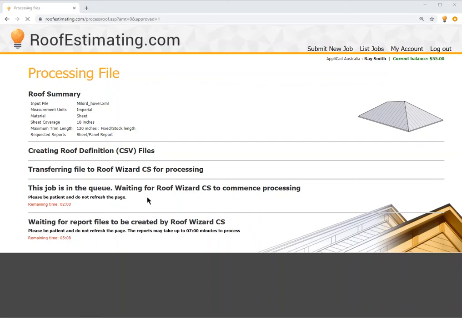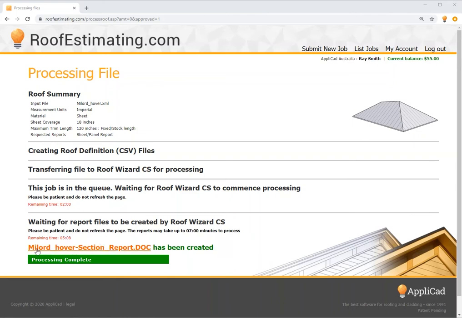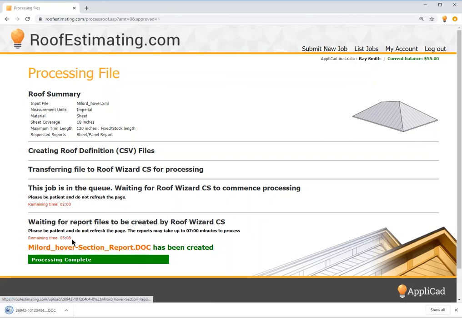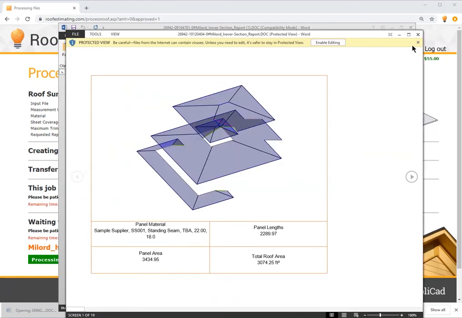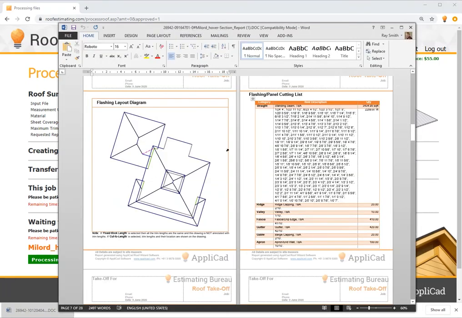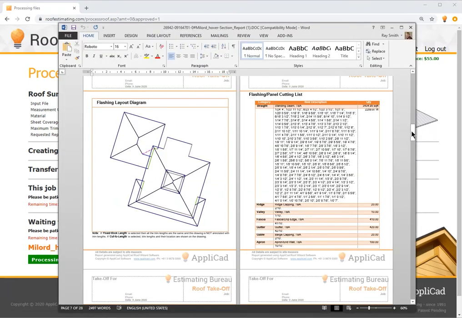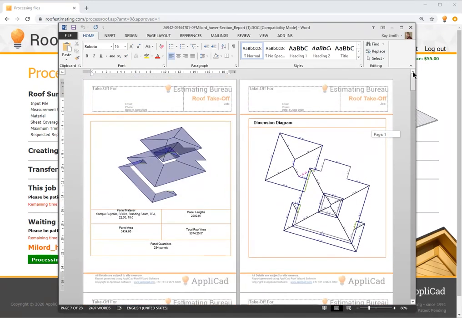So generating that report and saving it as a Word doc file allows you to modify that report to suit your own requirements. So let's have a look at that report and see what we've got. When I select that button, it downloads the file and then opens up in Microsoft Word. So here it is. Sorry, we had it open twice there, that's not good. So here we go. The first thing,